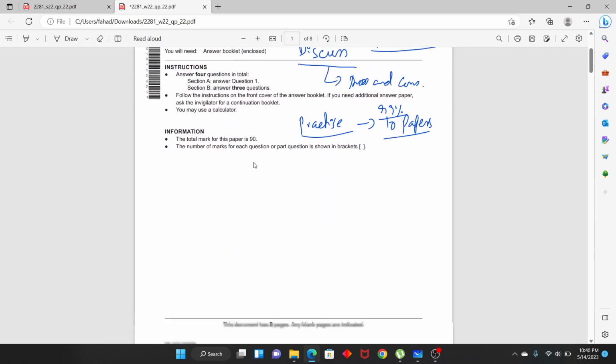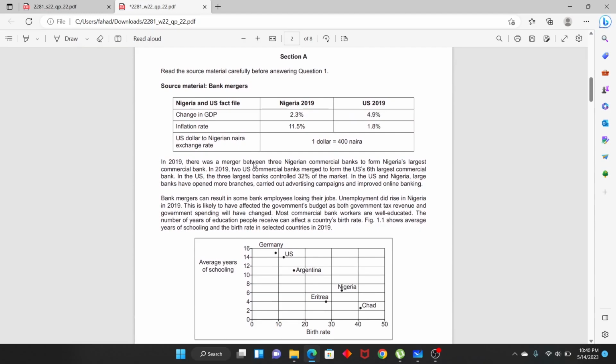Okay, so first thing. Second, moving forward, there is a case study. Always remember, you need to take a highlighter. If you're not able to take a highlighter, take a pen, maybe a green pen or a black pen, whatever pen is there with you, and highlight the important details. Maybe two commercial banks, 32% of the market, 11.5, 22.3%, and these things. So you just highlight all the important factors which are to be discussed in the